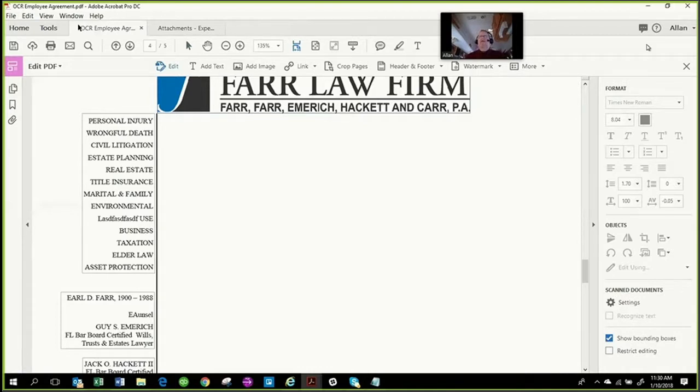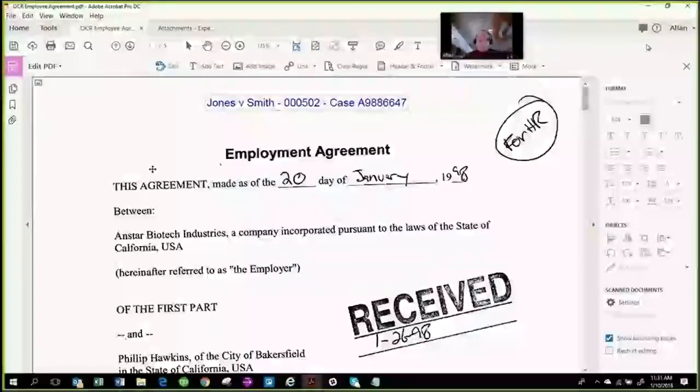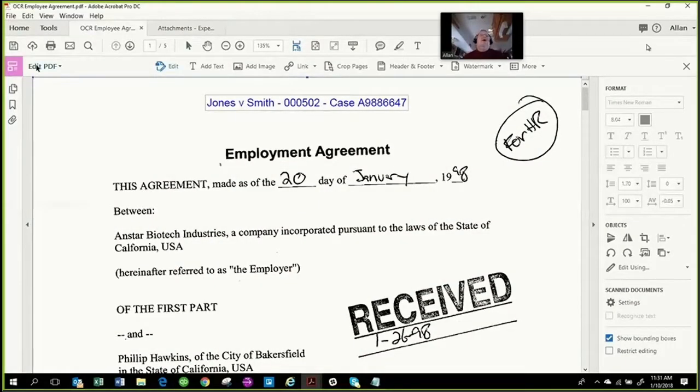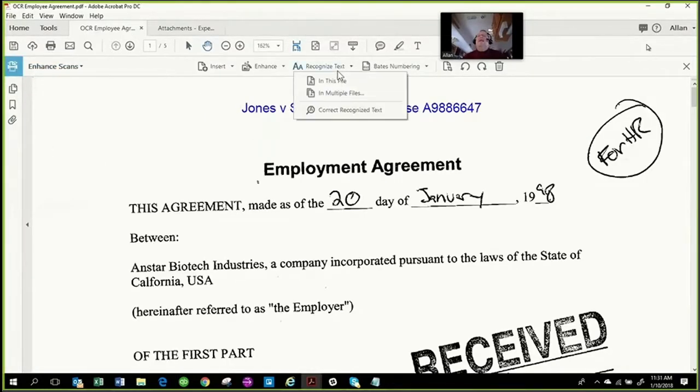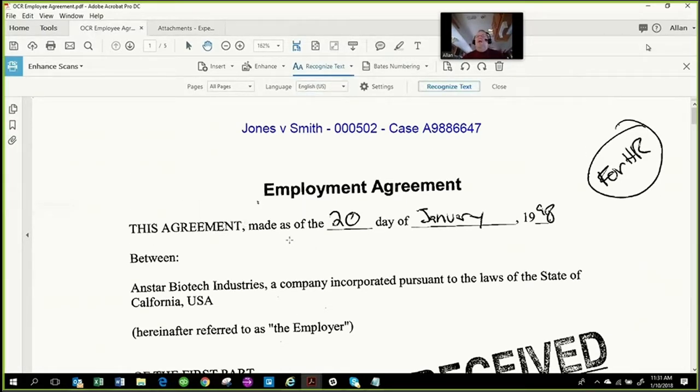Because everything that's good for you in managing your PDF information is bad for you in that other people can also do that to you, even if it was scanned. And I've just proved that, because if I go to a specific page and I say first OCR this page, once again, I will go to edit my PDF, or I will go to enhance my scan, turn around and recognize the text in this file, and let it do it again, because I had already done and closed this file. Now the thing is, if I go after enhancing the scan and I choose recognize the text,